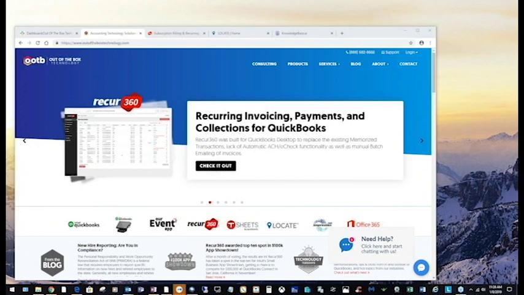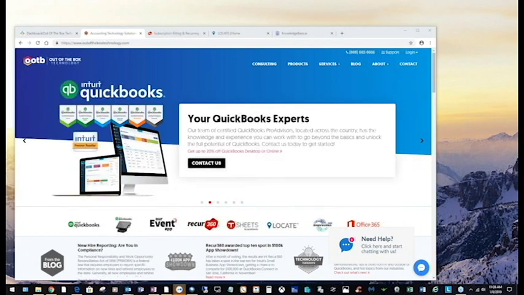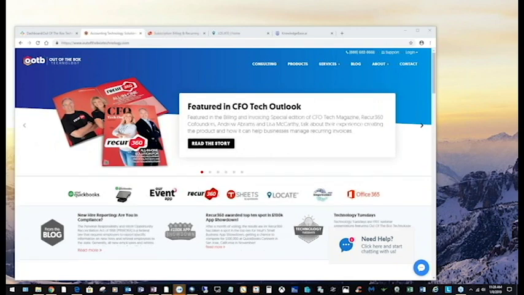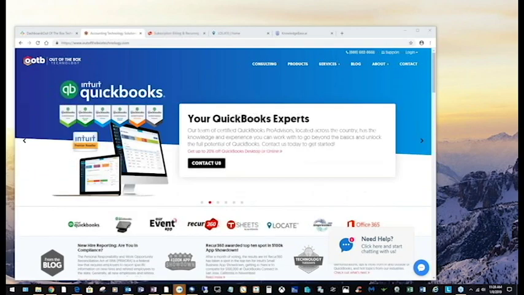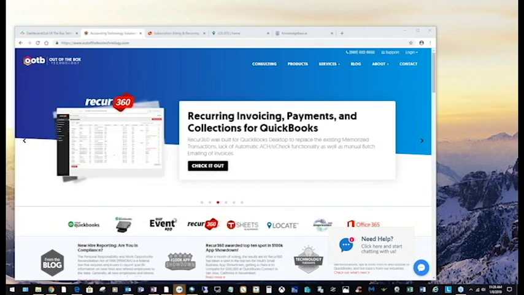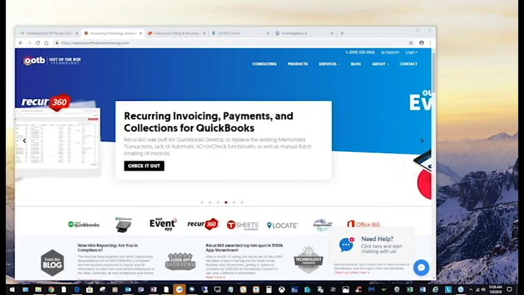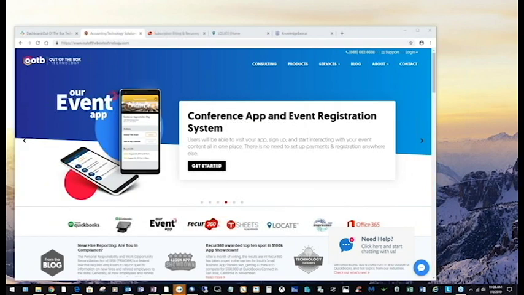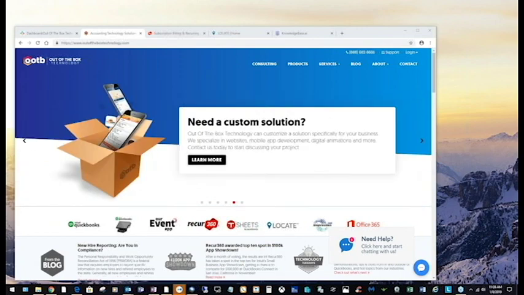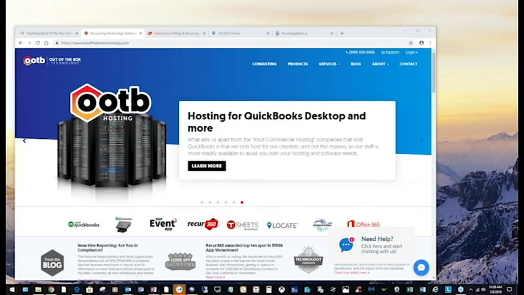And the other thing we offer too: a lot of people, when it gets close to the end of the year or the beginning of the year, a lot of hosting clients will contact us because their CPAs or accountants need access to their file. And what we do at no cost is a lot of our hosting clients will send over their CPA's contact information. We will reach out to them, do a remote session like we do with the clients, and get it set up for them as well so they can access it from their computer.